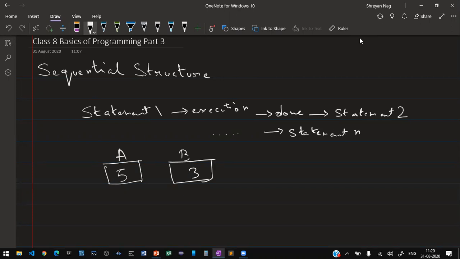The end result should be a containing 3 and b containing 5. This is called swapping. So how are we going to do this?